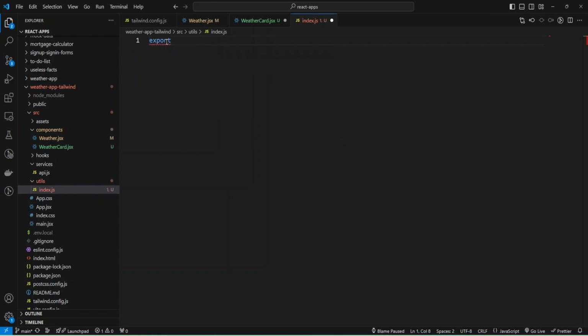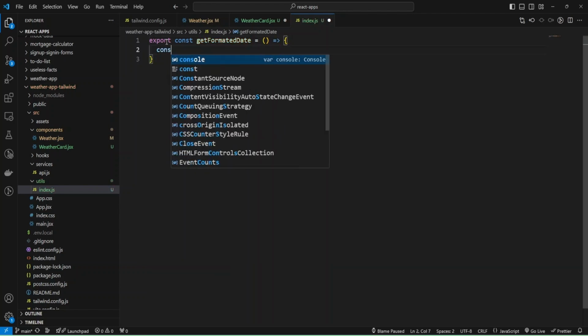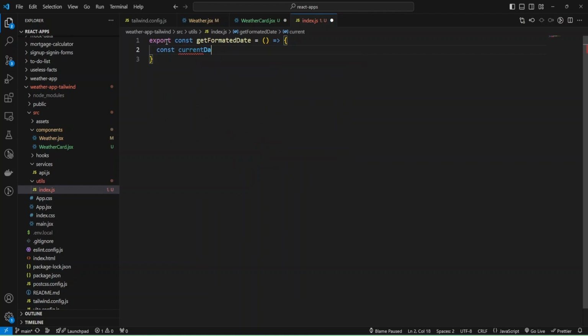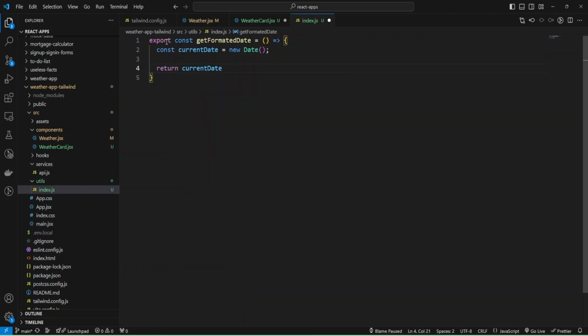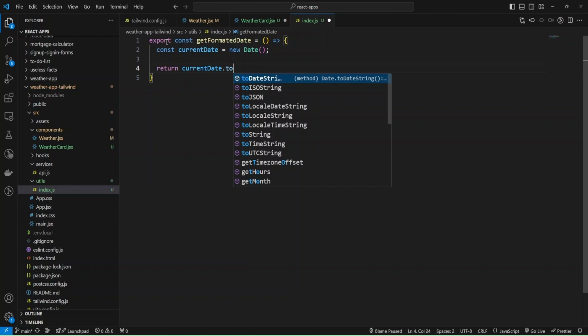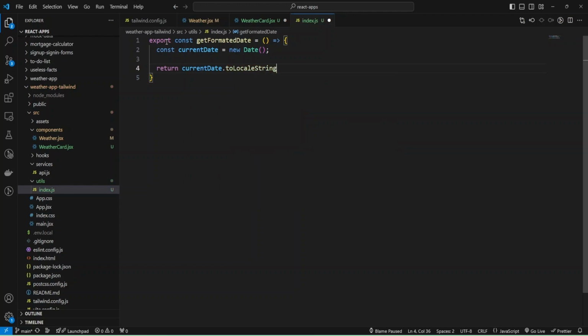I'm going to export it, create const, and provide name, get formatted date, and we'll use current date, const current date, and we'll use new date to get timestamp of current date, and now I can return current date and to local string, and